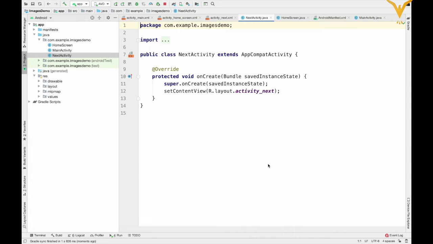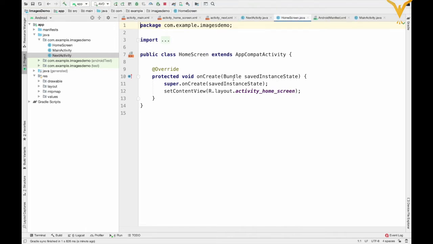Here we will pass the name from text box to this next activity, and will display the name in text view, so that you can get the idea of how we can pass the data from one activity to other.